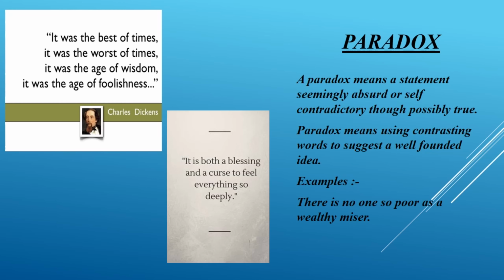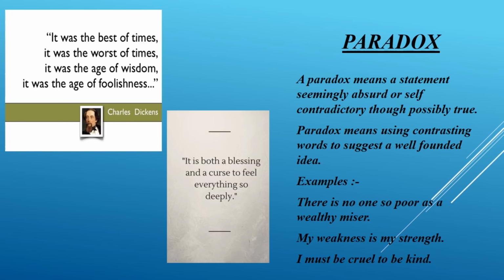The next example, my weakness is my strength. Isn't it something to wonder about? How can my weakness be my strength? It can. Just give it a thought. Supposing I say, it is my weakness to always tell the truth, never to lie. If that's my weakness, definitely it is going to be my strength. So hence, the figure of speech used here will be a paradox. I must be cruel to be kind.